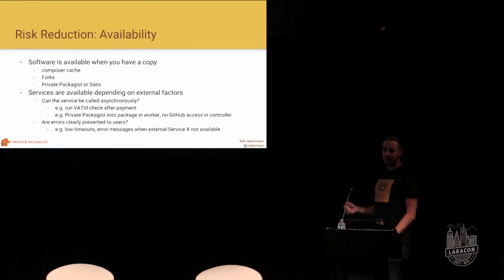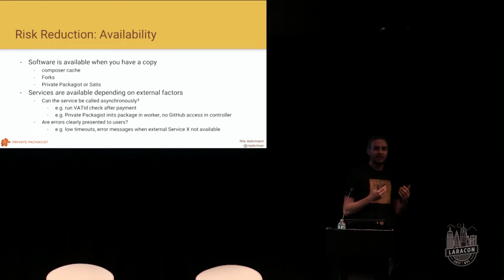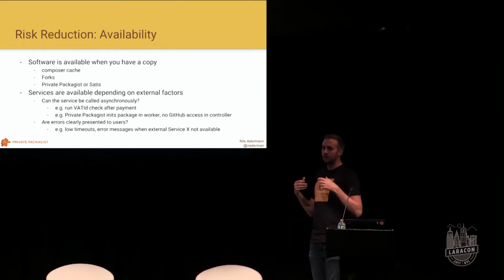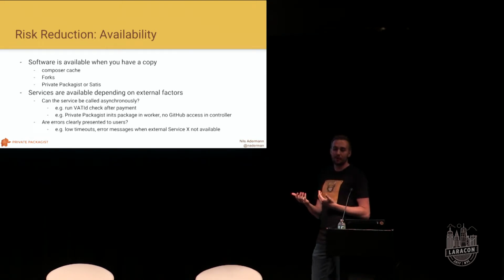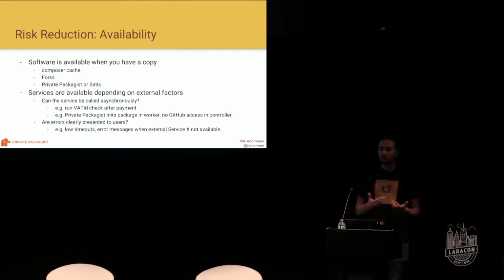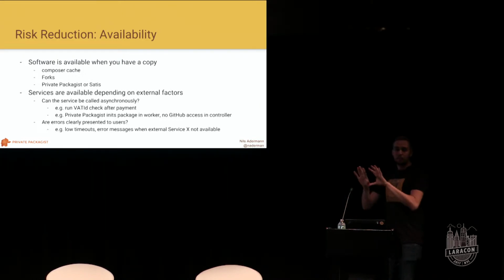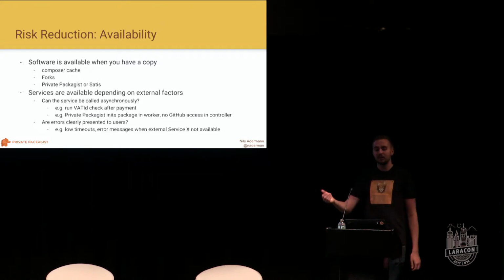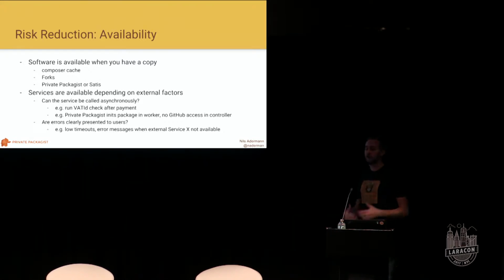Where we're building private packages, we have these workers that initialize packages that need to access GitHub to copy over permissions to look at some of the data. And obviously, we didn't want to rely on the GitHub API to always be available while we respond fast enough during our web requests. So we're doing this in background workers so that our web interface doesn't actually talk to their API at all, ever, so that we don't rely on the availability of GitHub just to render our website. But if you do have to do that,